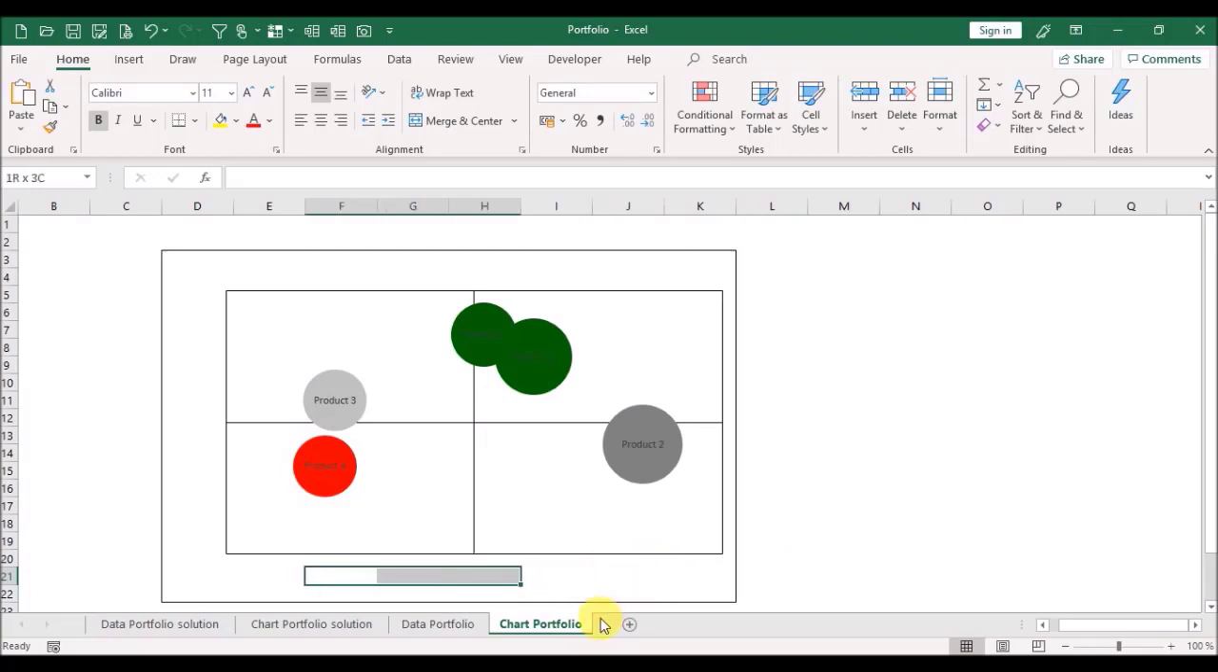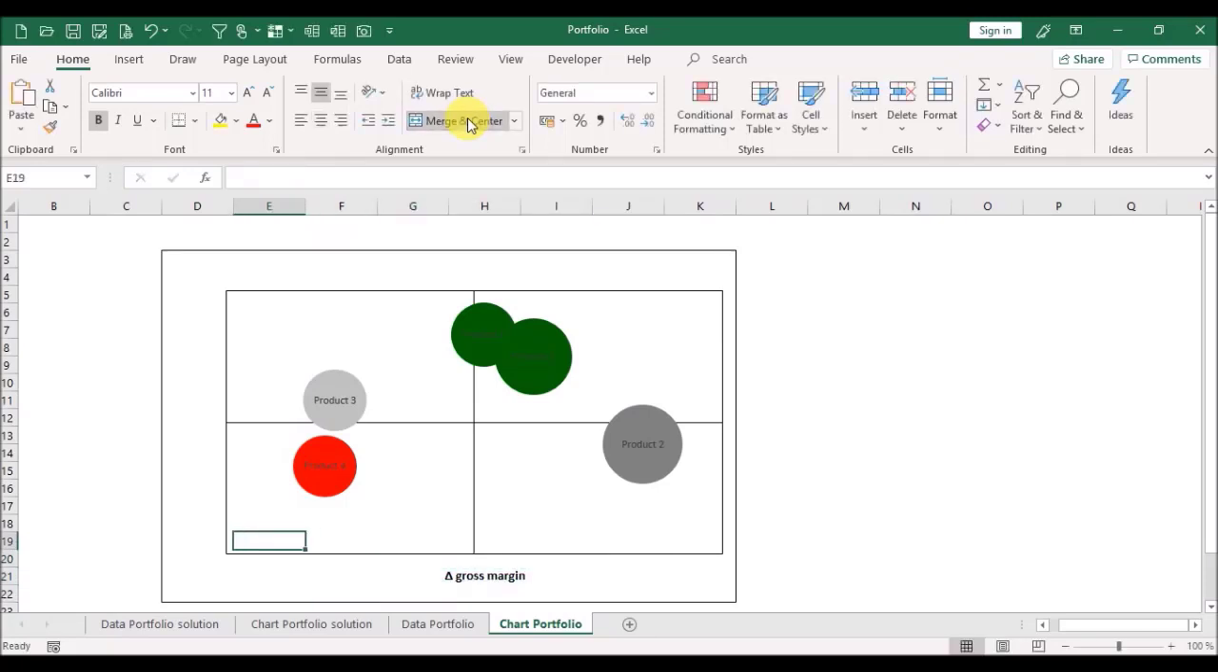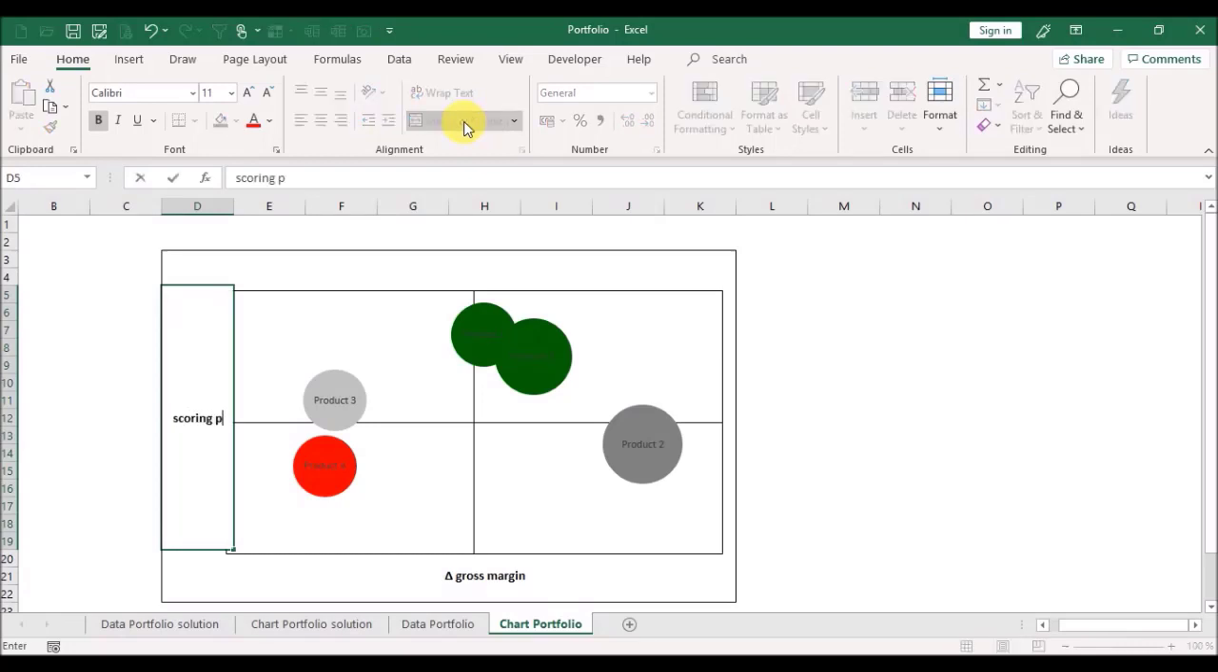So we will merge some cells. Then we will use delta gross margin for this first step. Then mark the cells here at the vertical line, merge and center. Then we will write scoring points,